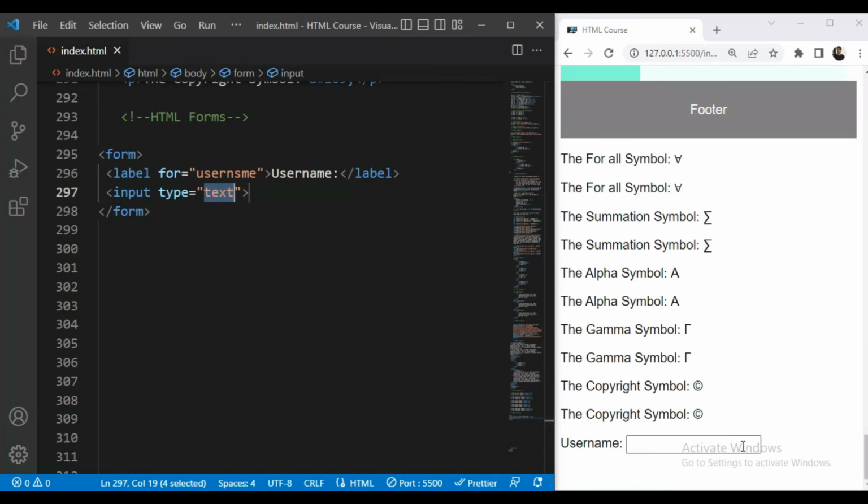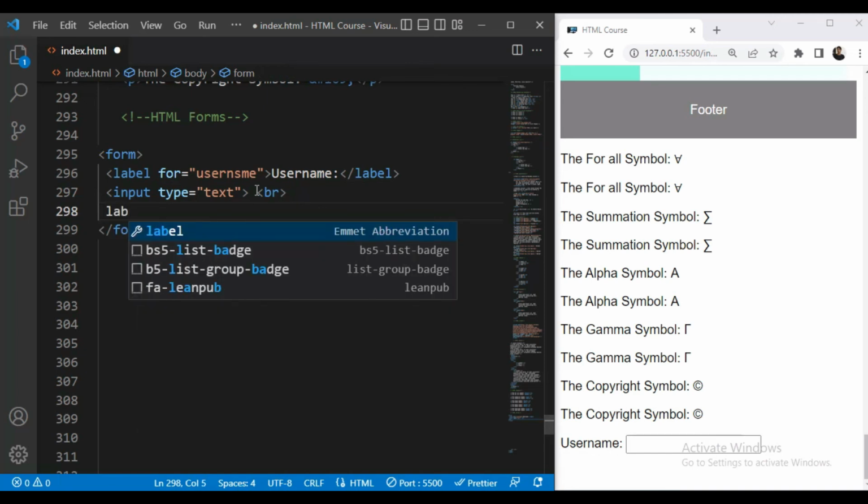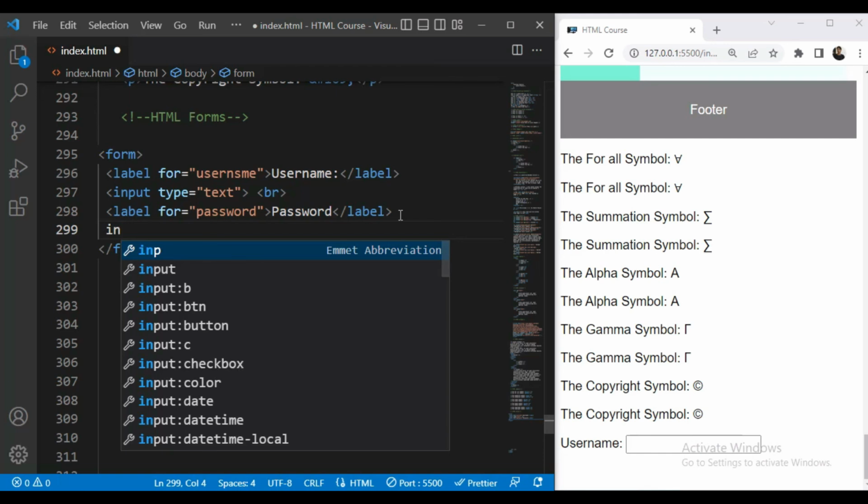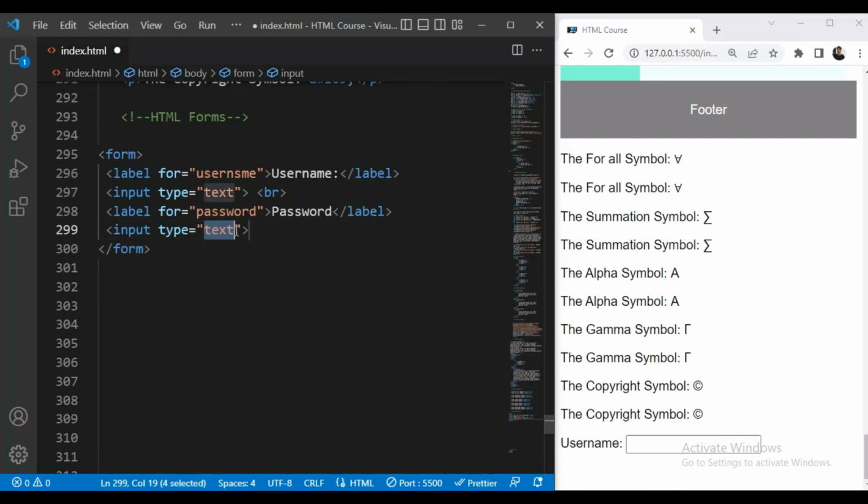Now you can see the input type text. Then here we'll add our line break, and we'll add again one label for password. And here we'll add the value password. Then we'll take one more input with the type password.